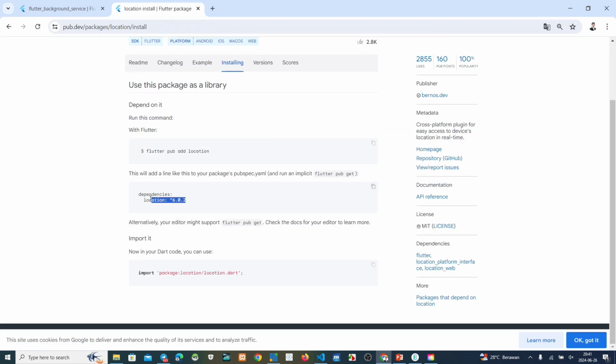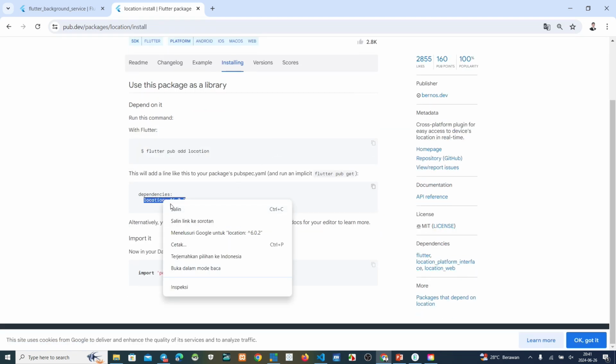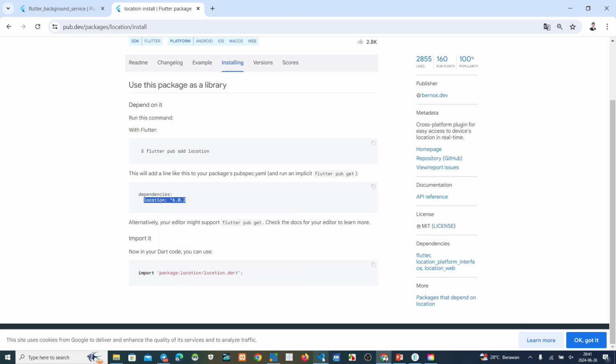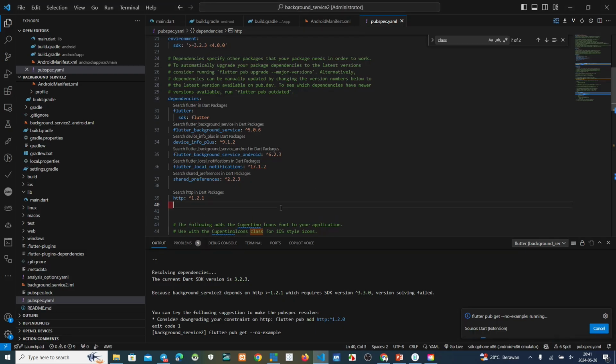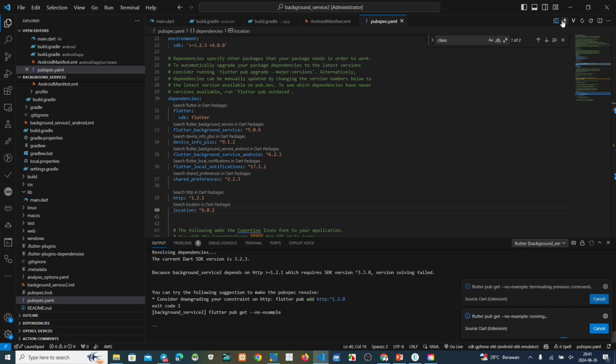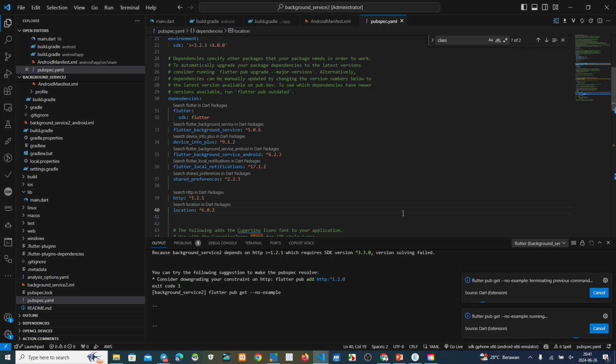Copy these dependencies. Okay, get these packages. Click here. Or automatically, if we copy this dependency, it updates automatically.